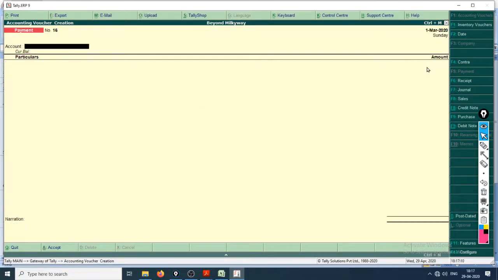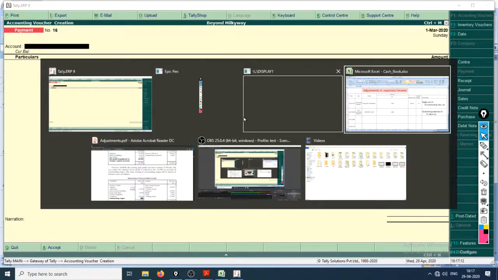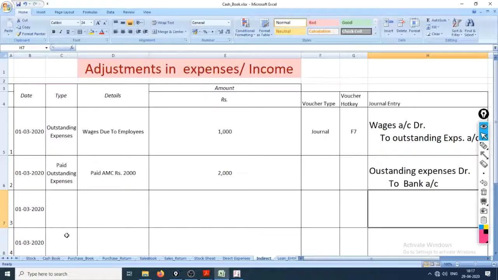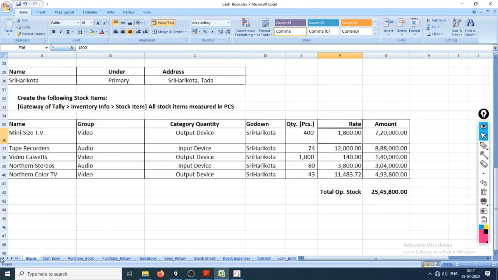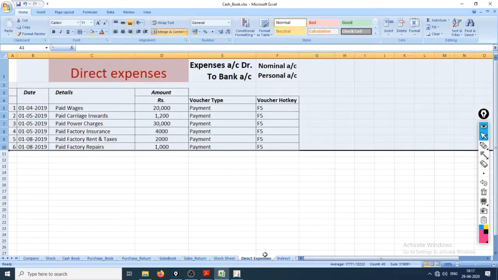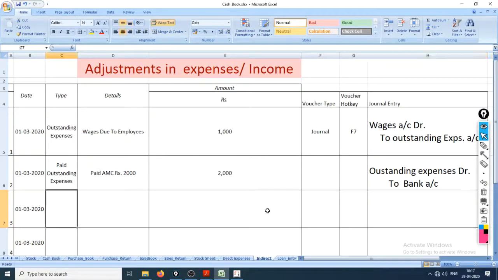Now the same way, if you want to practice, you can make these entries for yourself. This right here, opening balances. These all need to be paid because they are liabilities and they must be paid. But then we are not here to do clerical work. So if you want, you can continue for yourself. Okay, we are done with outstanding expenses entry, and I'll see you in the next lecture where we'll learn about prepaid expenses.